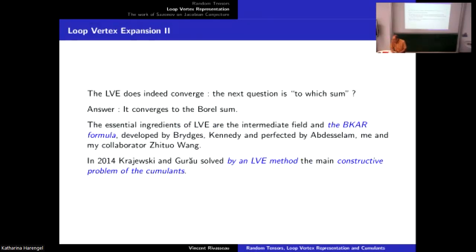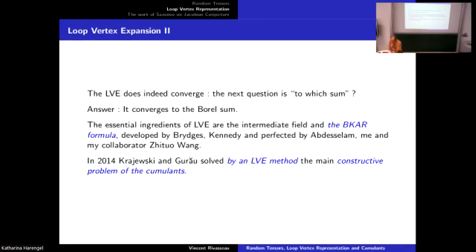The LVE does indeed converge. The next question is, to which sum? The answer: it converges to the Borel sum. The essential ingredient of the LVE are the